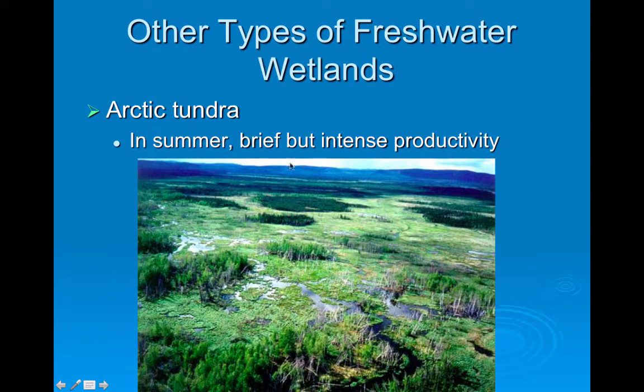All right, and then the Arctic tundra for 1 or 2 months of the year is also considered a wetland. It gets very warm, very wet for just a few months out of the year, super high productivity. This is why animals will go here to give birth to their young, or birds will lay their eggs there because it's very easy to feed the chicks and get them the heck out.